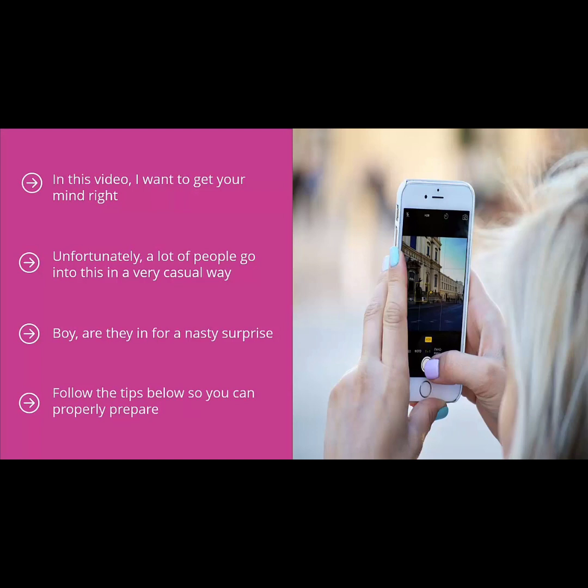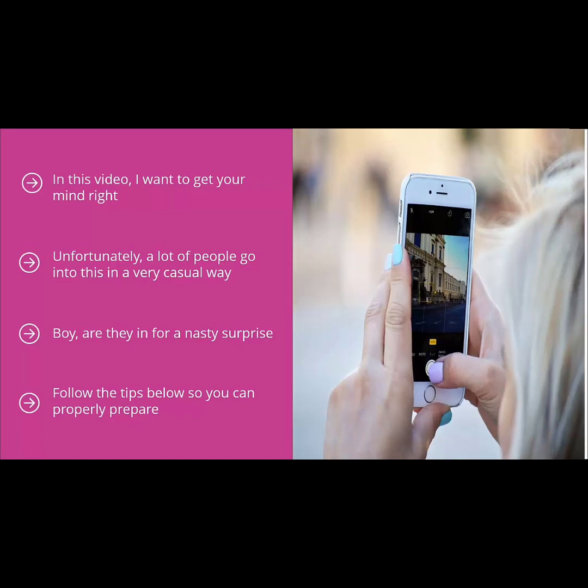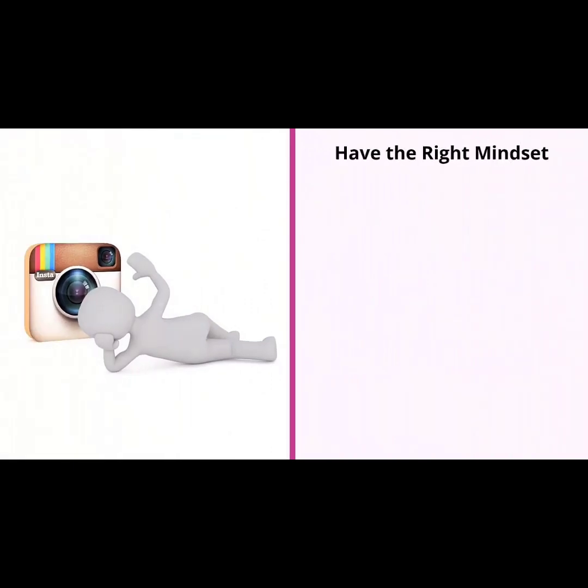Again, you do not have to fail. You don't have to follow the pattern most of your competitors go through. You can succeed, but you have to get your mind right. Have the right mindset. The first thing that you need to understand is that you have to believe that this is going to work. I can't even begin to tell you how many otherwise seasoned veteran entrepreneurs I coach who